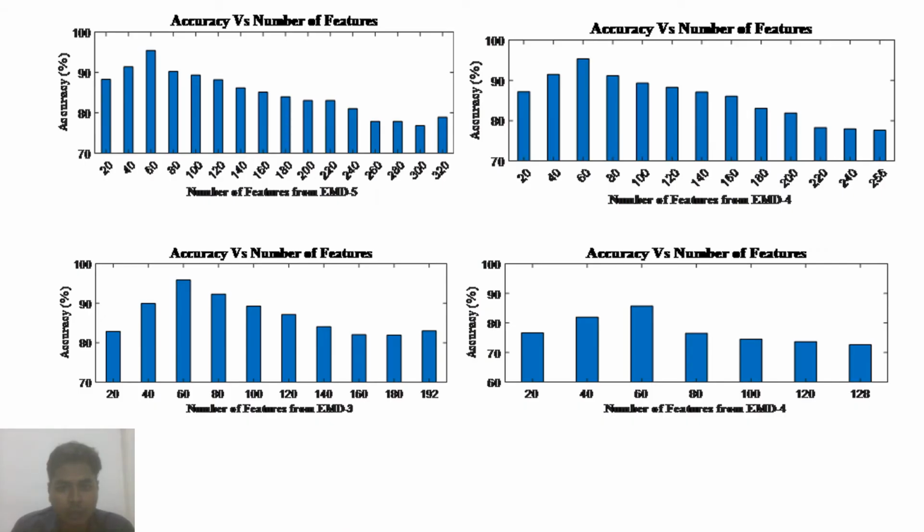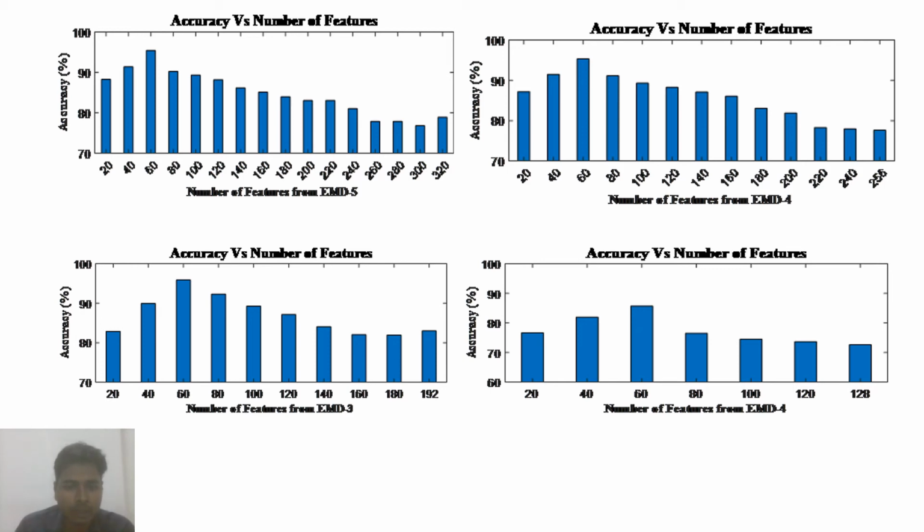In order to enhance the accuracy, the recursive feature elimination algorithm has been employed to remove the unnecessary features. Since KNN and LDA show completely lower accuracy, we have considered only the SVM for the feature study. These datasets consist of 64 channels and a total of 320 features have been extracted. We have calculated the classification accuracy in different numbers of feature sets to get the optimal features, shown in this figure. In the case of EMD5, the total number of features was 320 and the highest accuracy is 95.47% with